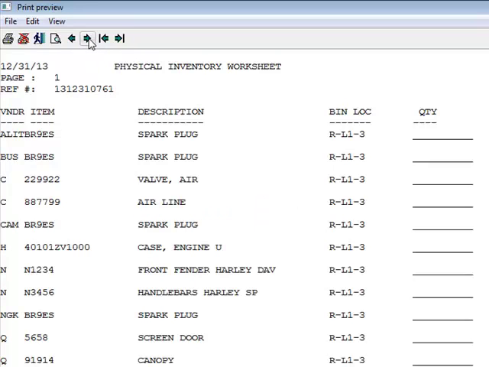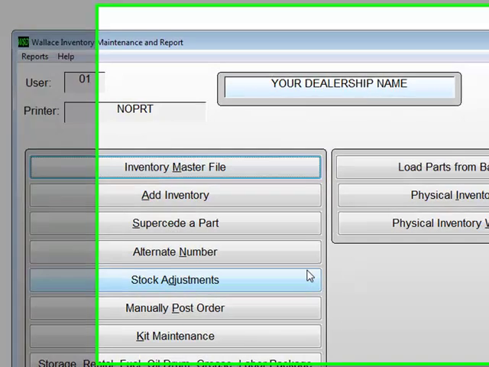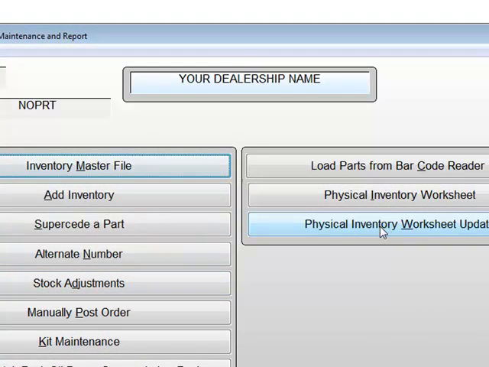Okay, so now we've created our worksheet. What do we do after that? Well, now you'll hand your worksheet to your employees. They'll go out and do the count. The worksheet comes back. Now whether you're doing this with an iPad right at the location or looking at the inventory quantities off a piece of paper, it's pretty much the same. You'll go into Physical Inventory Worksheet Update,